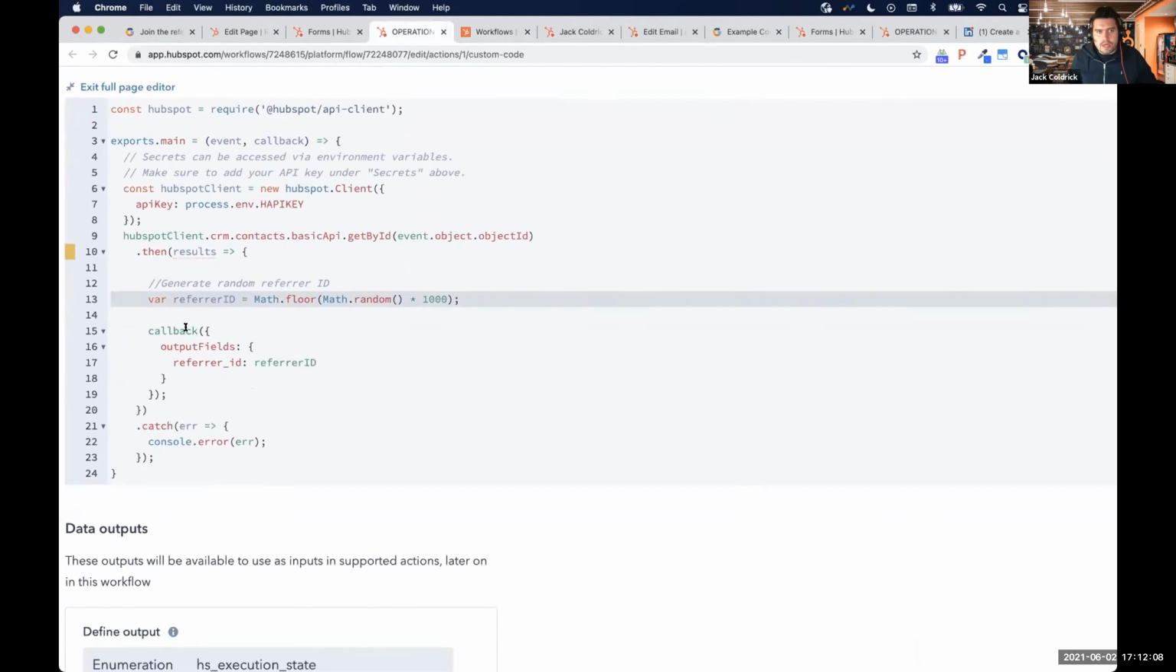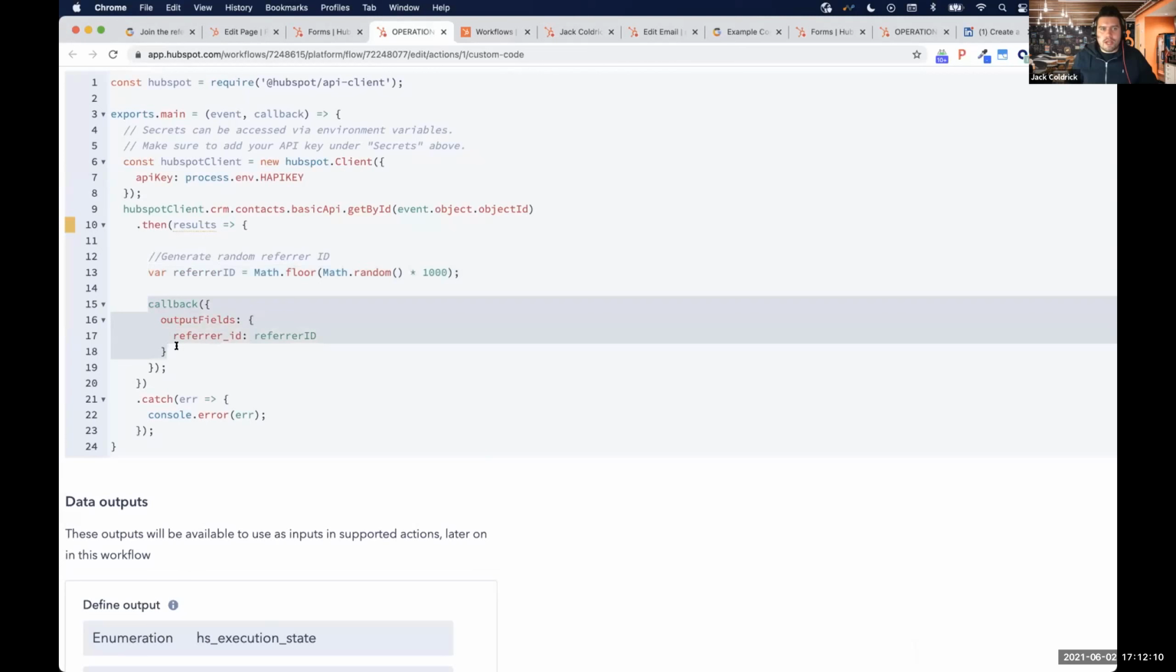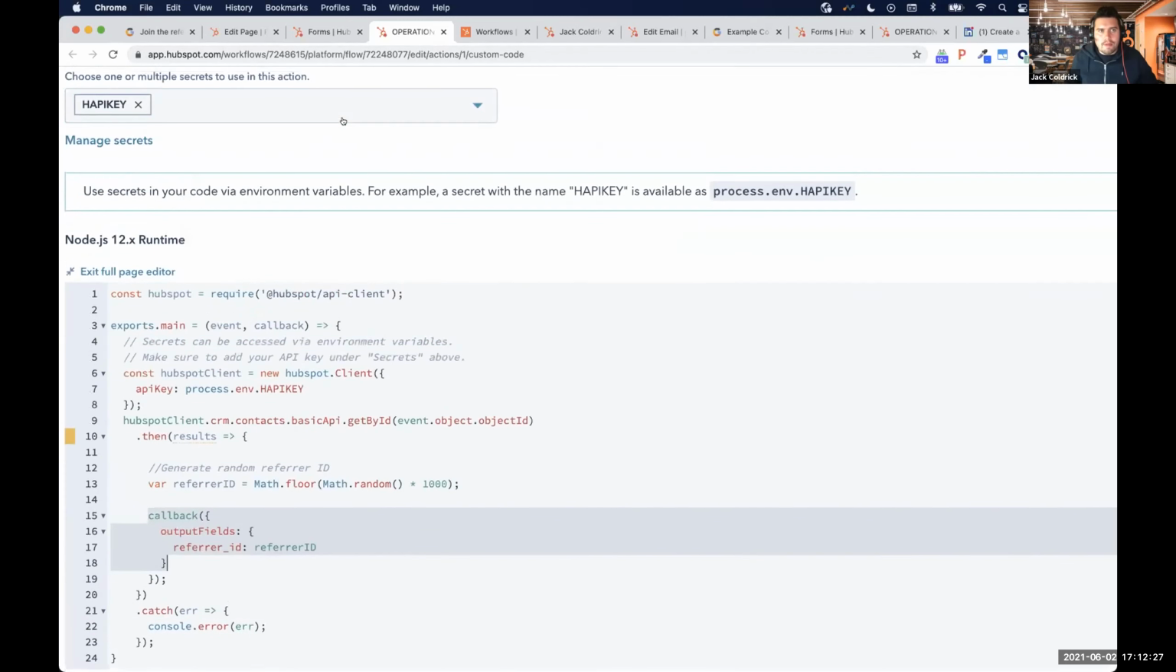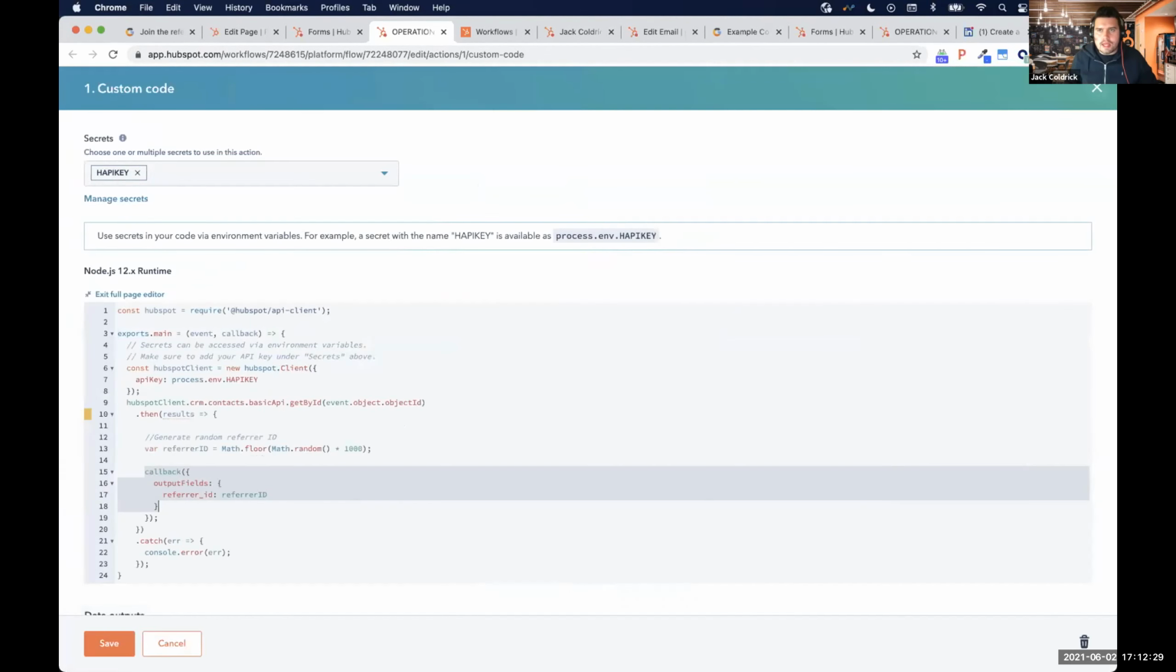And what we're then doing is, you'll see that we have a callback object. And this is how we give some information back to the workflow so that we can update a contact property or do some sort of if-then logic. So in this case, what I'm doing is I'm saying whatever random number I generate, I'm going to pass it back to the workflow. And if I go back a step now to the workflow again,